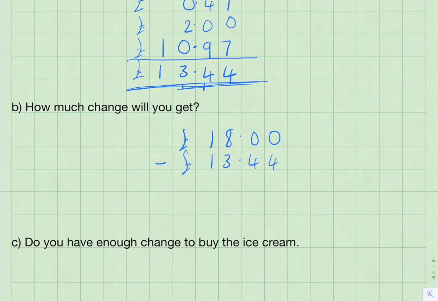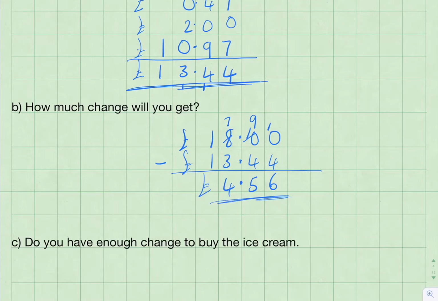Again, we're going to have to borrow money, so that will become a 7, making that a 10 to start with, and then we need to borrow again, so it becomes a 9. So that's 10. 10 minus 4 is 6. 9 minus 4 is 5. Don't forget the decimal point. 7 minus 3 is 4. And 1 minus 1 is 0. So the change would be